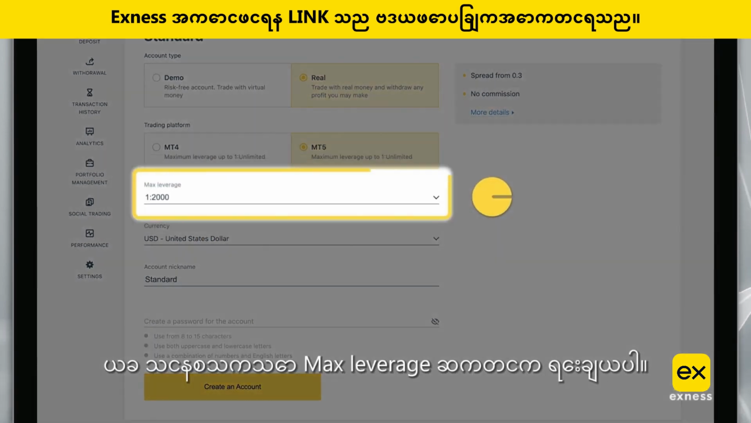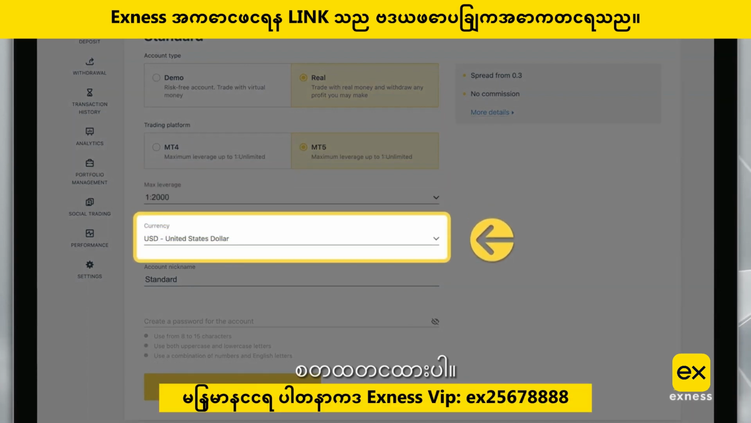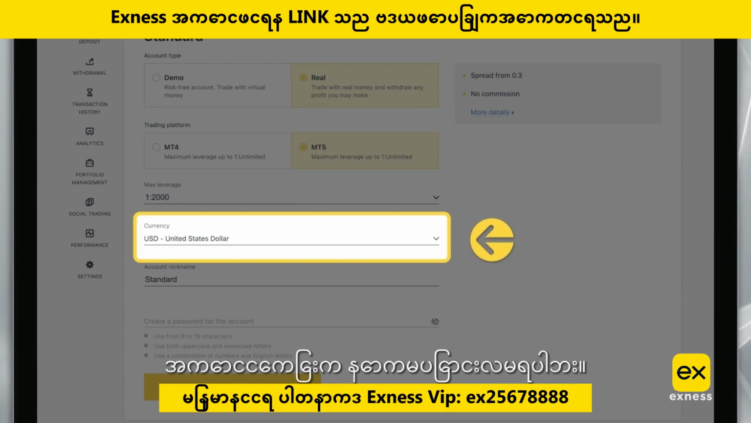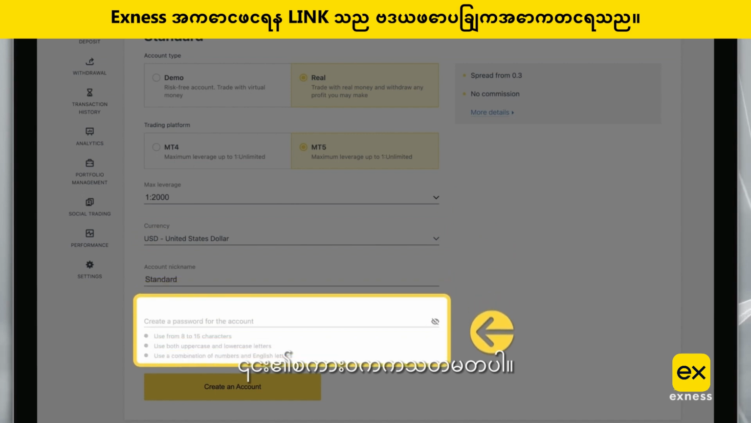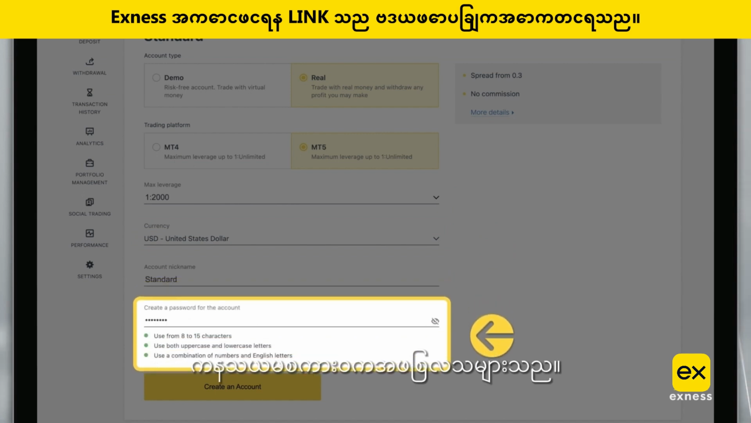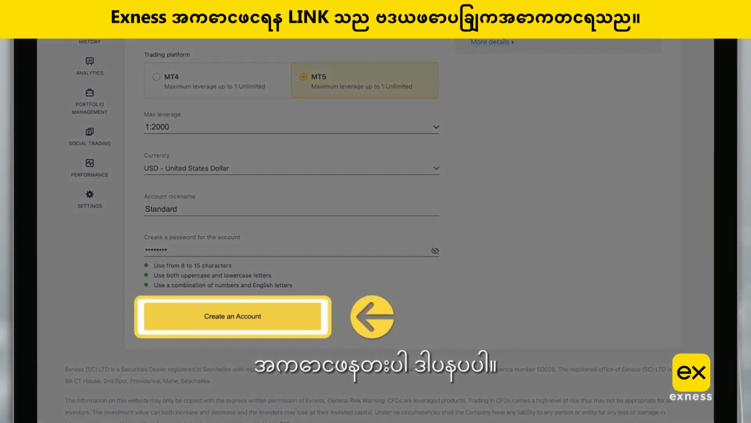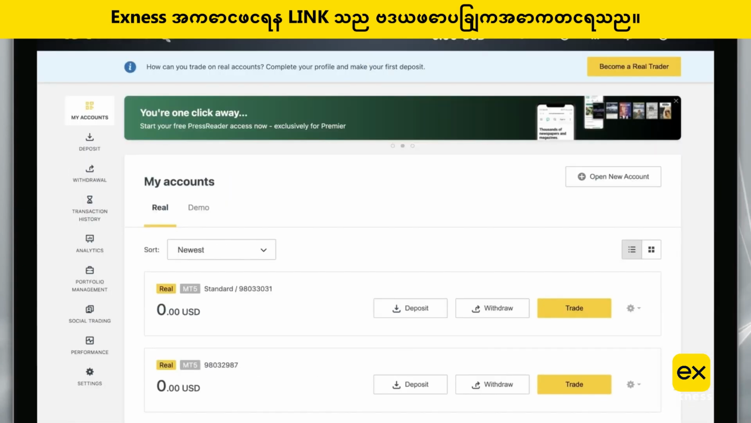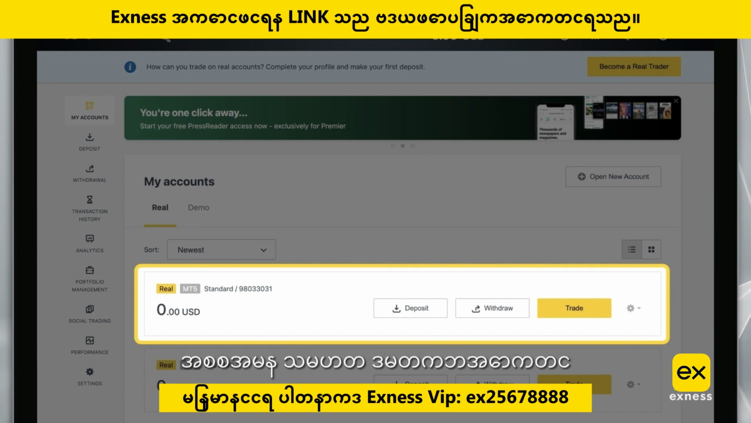Now choose your preferred max leverage setting and account currency, keeping in mind you cannot change the account currency later. Finally, choose a nickname for this trading account and set its password, known as a trading password. When these are complete, tap Create an Account. That's it. Your new account will appear in the My Accounts area under the Real or Demo tab, depending on